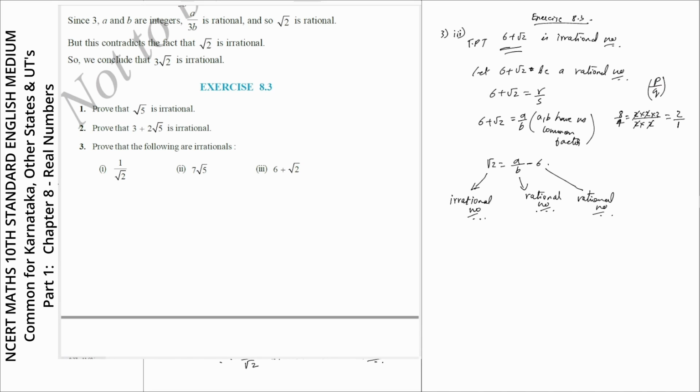So the right-hand side is a rational number minus a rational number. A rational number minus a rational number is a rational number only. The left-hand side is an irrational number, and the right-hand side is a rational number. So this is not possible actually. Both should be irrational numbers or both should be rational numbers. So this is not possible